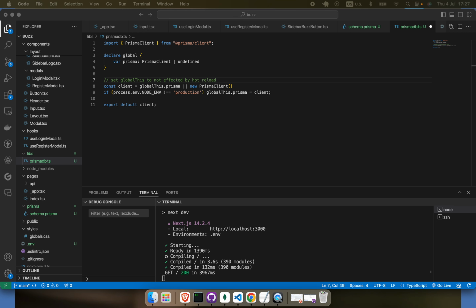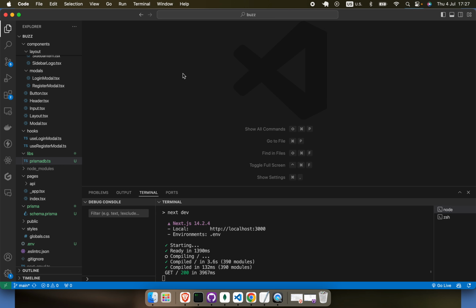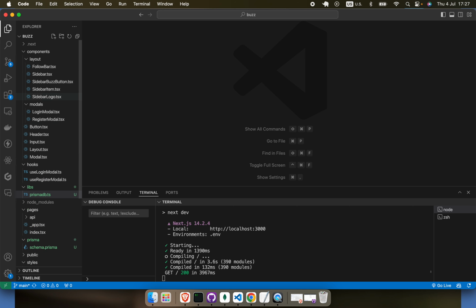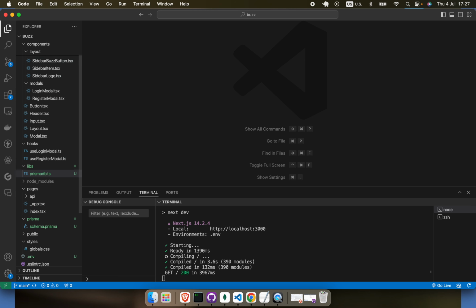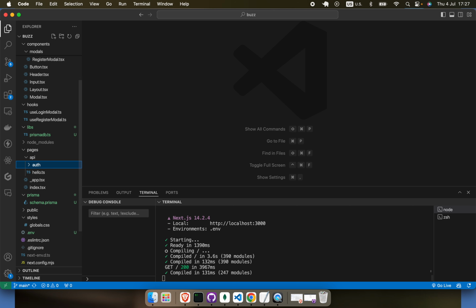All right. And now what I want you to do is I want you to close everything, and I want you to go into pages/api and create a new folder called auth. And inside this auth folder, I want you to create a new file, open square brackets, dot dot dot, nextauth, and close, .ts. Great. All right. And now we have to install some packages